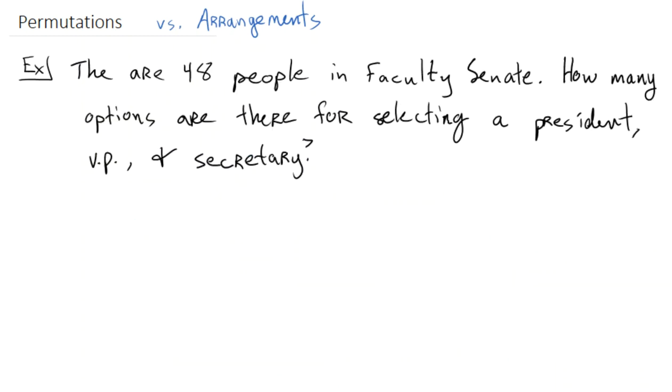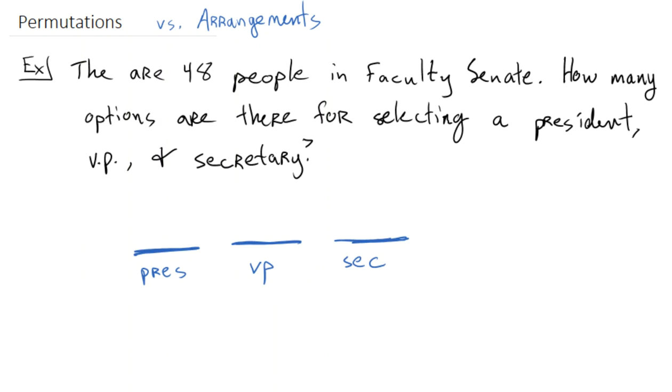There are 48 people in Faculty Senate. How many options are there for selecting a president, a vice president, and a secretary? So in this case, again, I like to process it using the fundamental counting principle when there's only a few slots like this. And so we have our president slot, our vice president slot, and our secretary slot. I'm going to abbreviate that SEC. Okay. And then